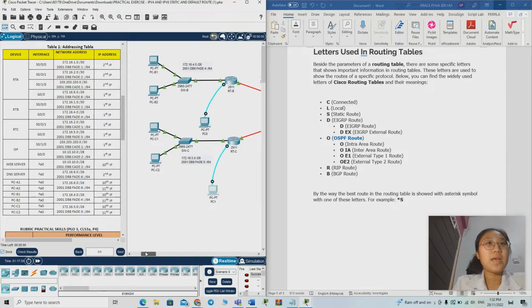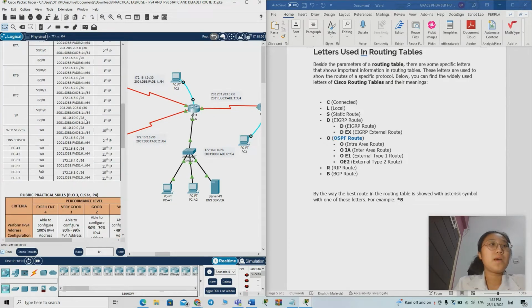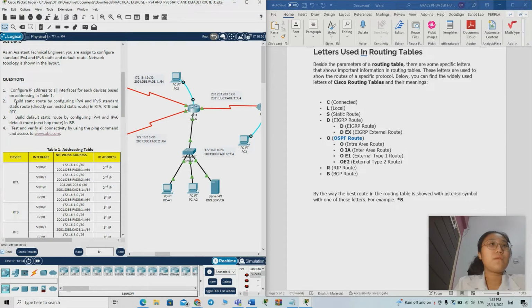For RTA, the interface S0/0/0, the IP address network is 172.16.1.0/30, and the IPv6 address is 2001:db8:cade:1::2/64. And for the second,